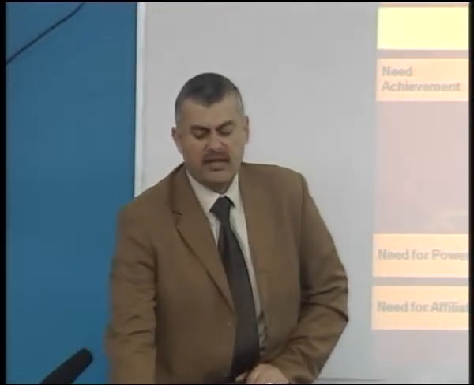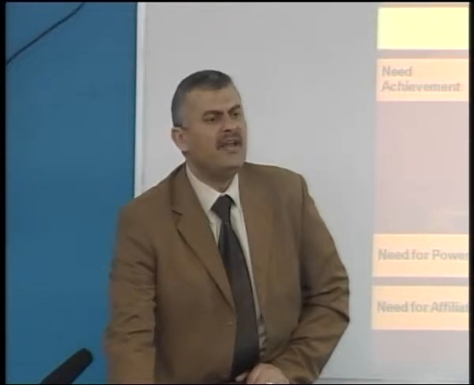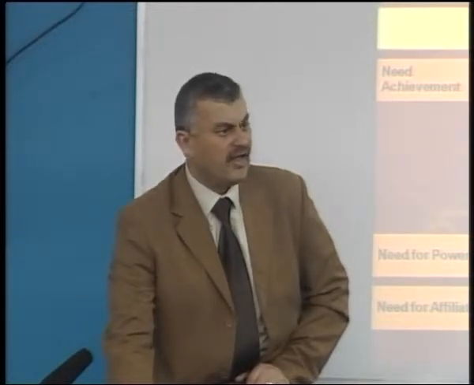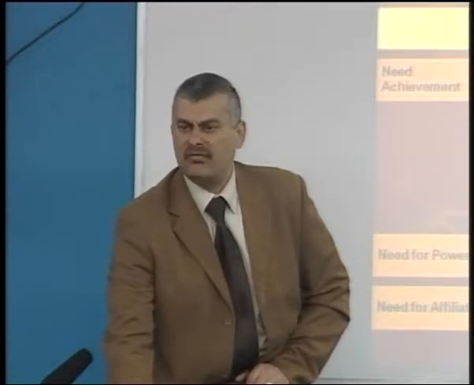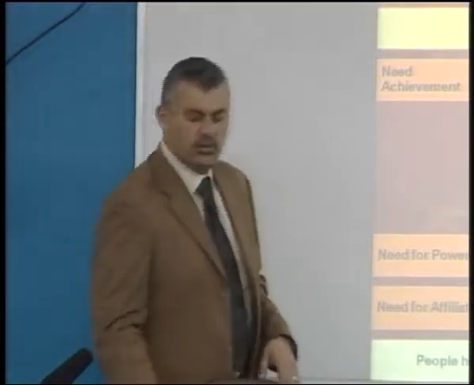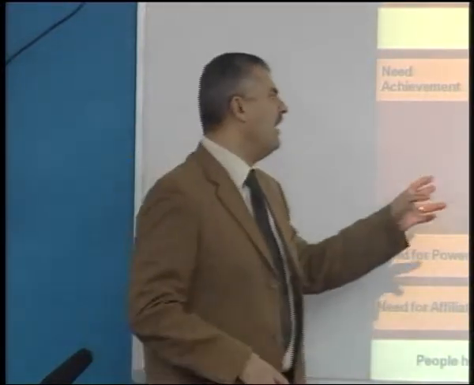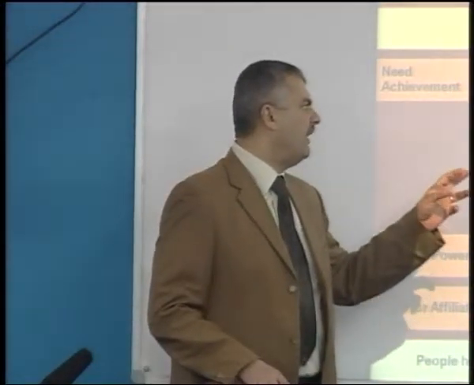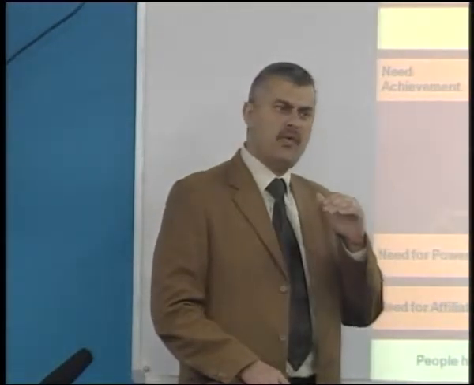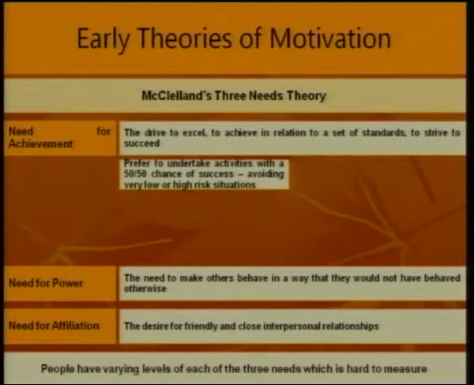One of those is that achievers usually do not go after difficult tasks. At the same time, they do not go after simple tasks. They usually choose what we call, in terms of difficulty, a 50-50 chance of success. They go for tasks or jobs which are not easy, but at the same time there is no high risk, or it is not too difficult.